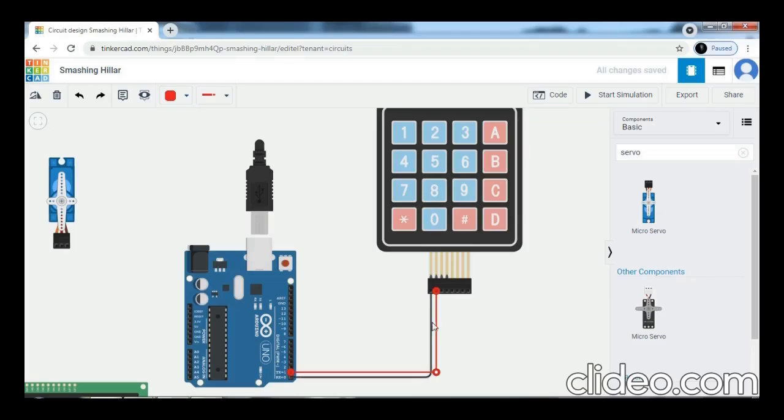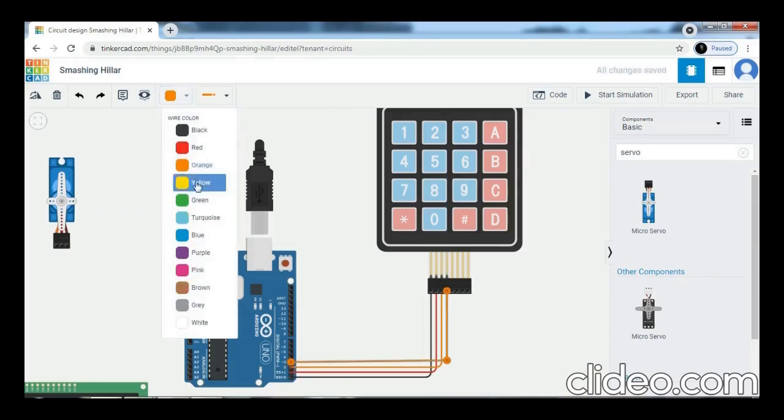Now we connect row 3 with digital pin 2 and the color is orange. Now we connect row 4 with digital pin 3 and the color is green.